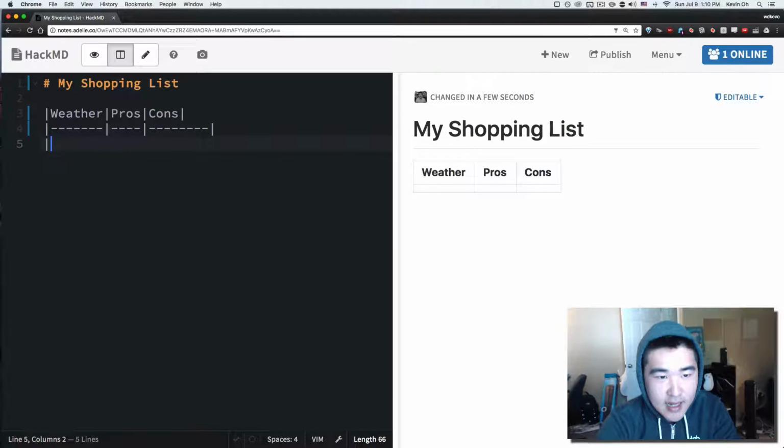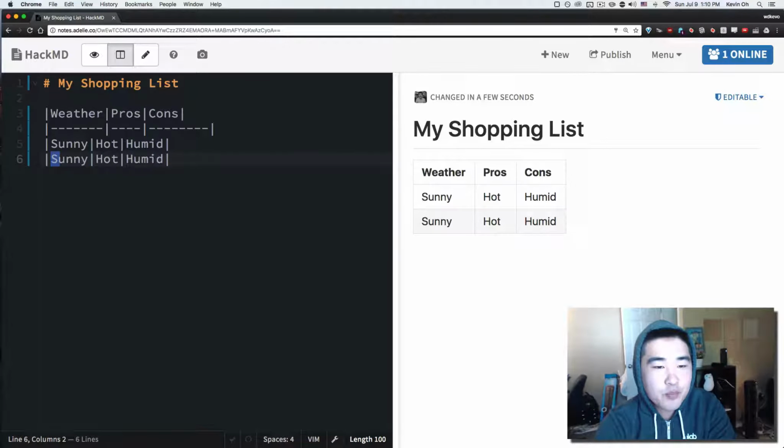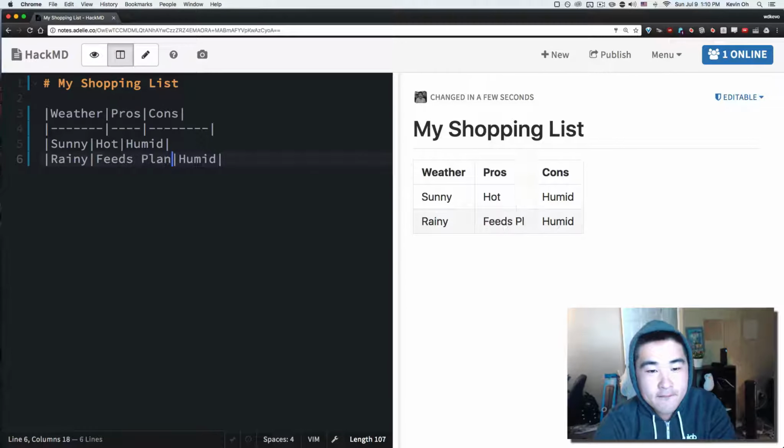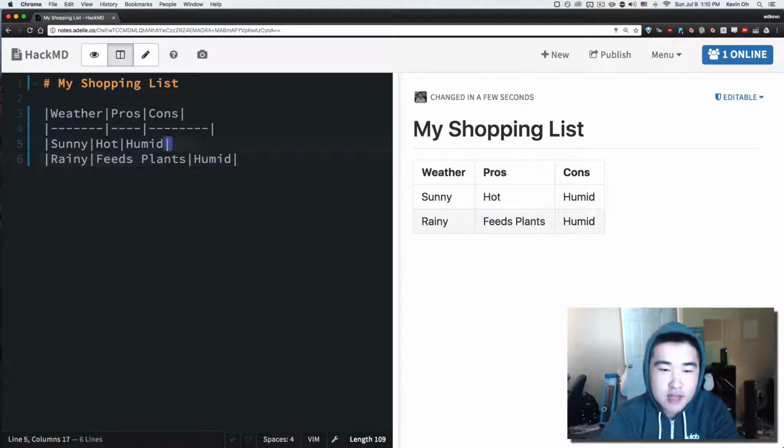So now let's add values, let's add rows to this table on the left. Sunny weather is hot, but it can be humid. I don't know. Cold weather is cool, or rather rainy weather feeds plants, but it's also humid. Alright, so now on the right, if I just copy and paste this a bunch of times, this syntax,